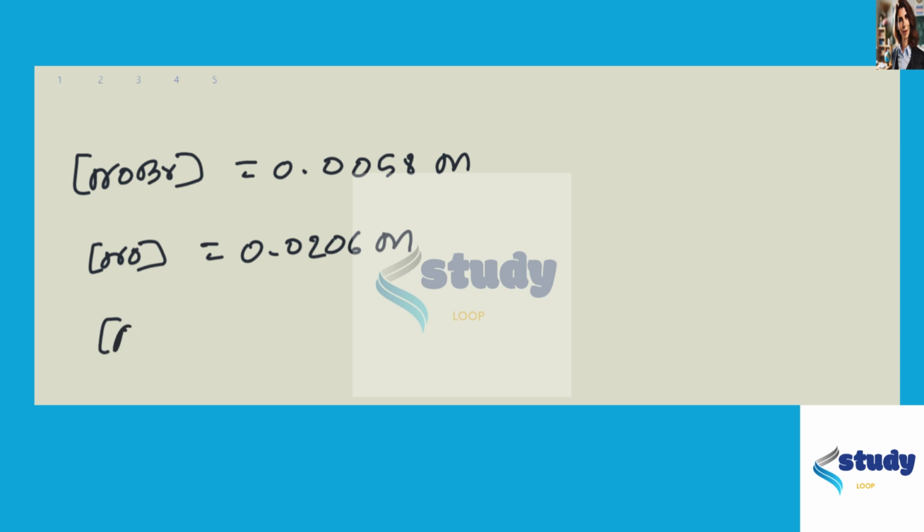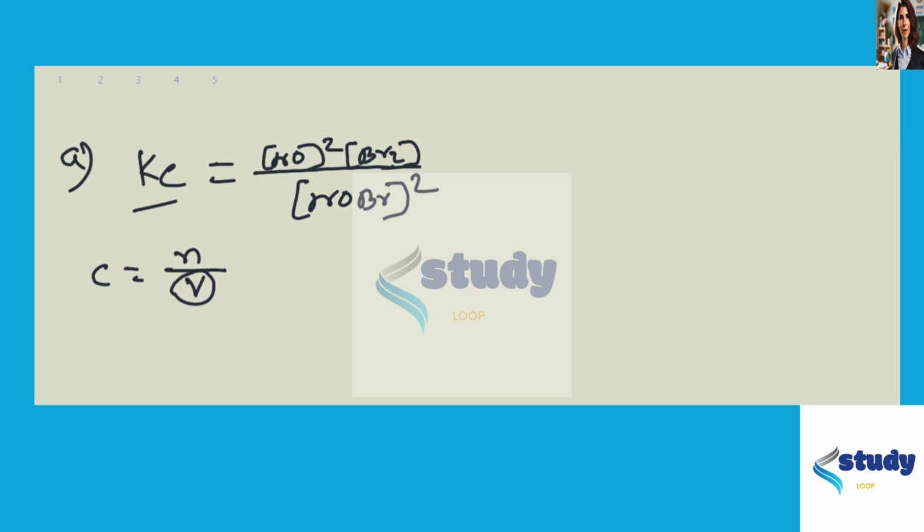And then similarly, we'll find the concentration of bromine by dividing its number of moles by the volume, which is 0.0052. So these are the concentrations for each of the components present in this reaction mixture. Now we can just plug these values in here, in this case Kc. So we'll plug in the values of concentration for each one, and if we do that, we'll find the Kc